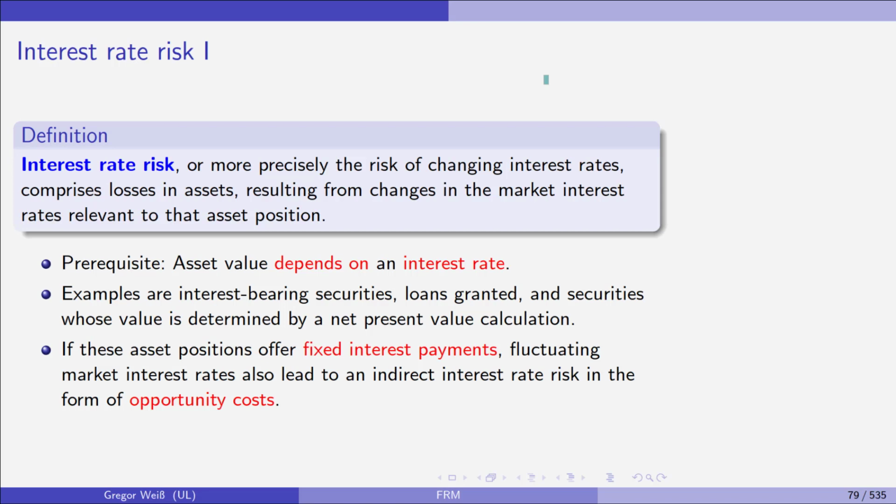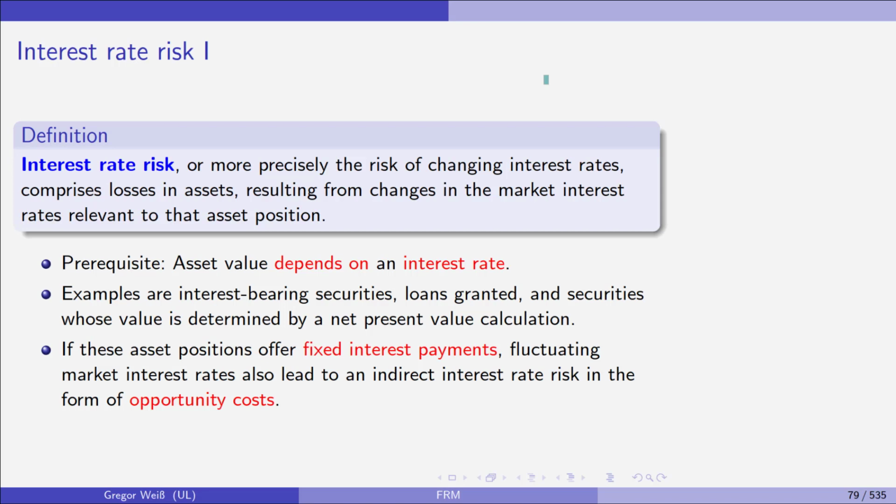Interest rate risk, or more precisely the risk of changing interest rates, comprises losses in assets that result from changes in market interest rates that are relevant to that asset position. So the prerequisite is that the price or the asset value depends on an interest rate. If it's not depending on an interest rate, you don't have interest rate risk. For example, some examples are interest-bearing securities, loans granted, securities whose value is determined by a net present value calculation, as we've just seen for the